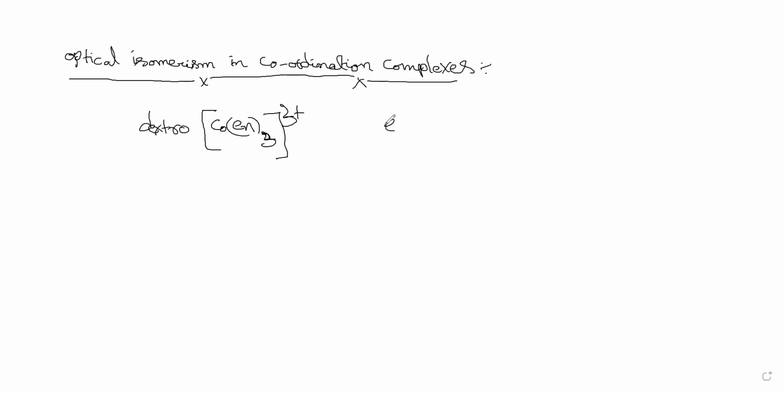So what is en? En is ethylene diamine. So what is ethylene diamine? You know this. It is like this. This is our ethylene diamine structure. Now, how to draw this? So we'll do that. Co, you have to put something like,